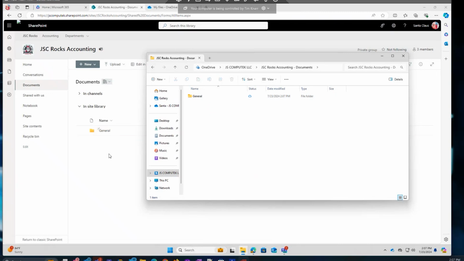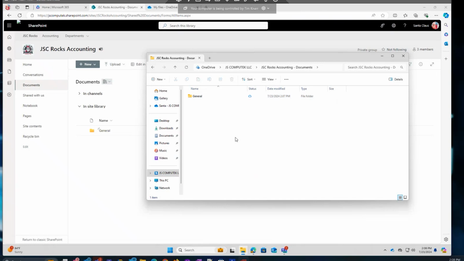And so there's two different ways you can get to those files. You can either go to the general or through the web interface, or you can use your local Windows Explorer interface and get to the general here because it's synchronizing. It is synchronizing with the same rules as before. So, and only things you open will get copied down to your computer so that you're not synchronizing